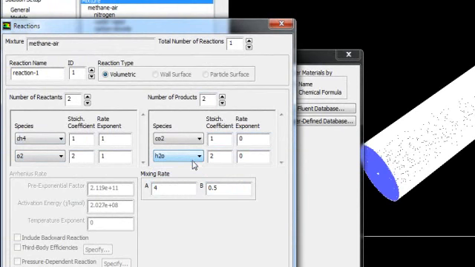You can change this, you can add species, you can subtract species, whatever you want. If you want number of product, you can increase number of product, you can decrease number of product. If you know the elementary reaction for your combustion, methane-air combustion is the most easy fundamental combustion. So we will use only 2 reactants and 2 product species. So select OK,